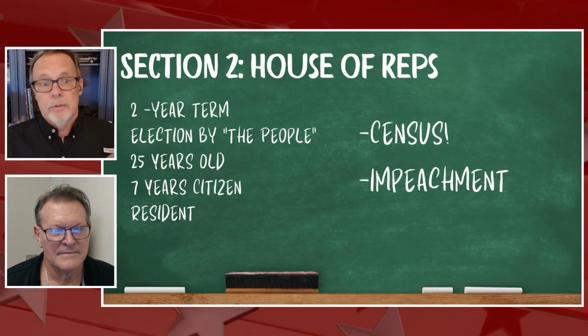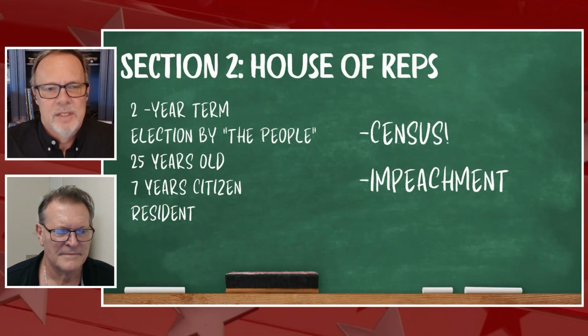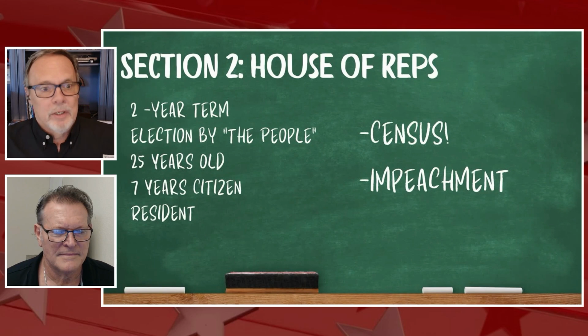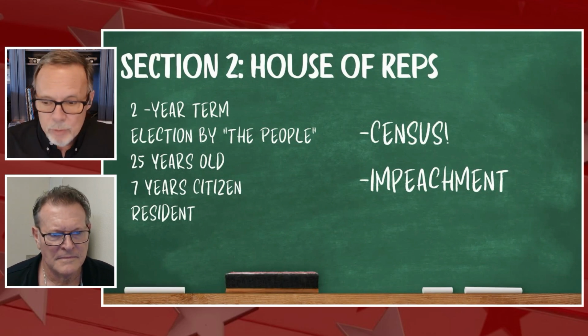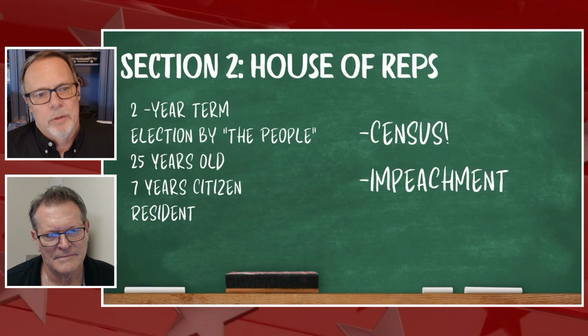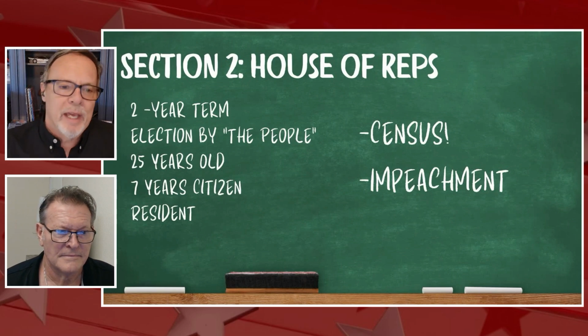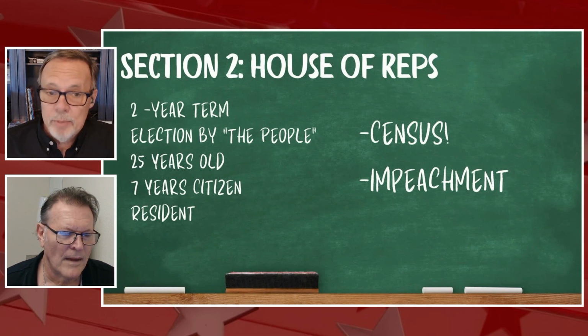So Section 2 goes into the House of Representatives, the 435 folks that fight for microphone time in front of the Capitol daily. These folks were intended to be close to the public, right? The idea was that this is the direct voice of the people. So they've got 2-year terms. That's why they're constantly running for re-election, which is a whole separate topic, whether representatives should even worry about being reelected. But we'll cover that in a different show, right? They're elected directly by the people.